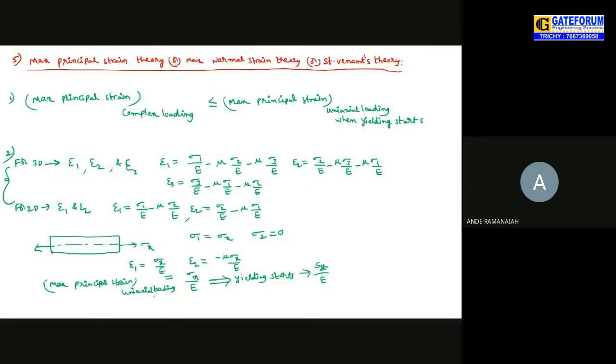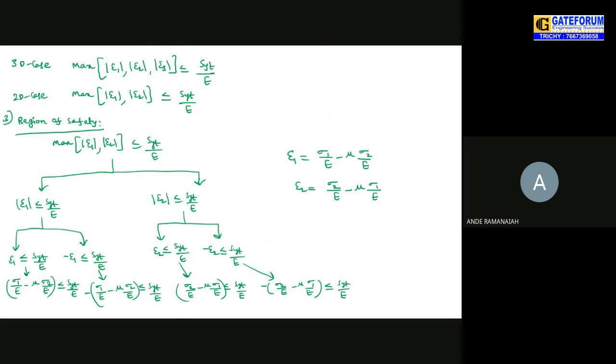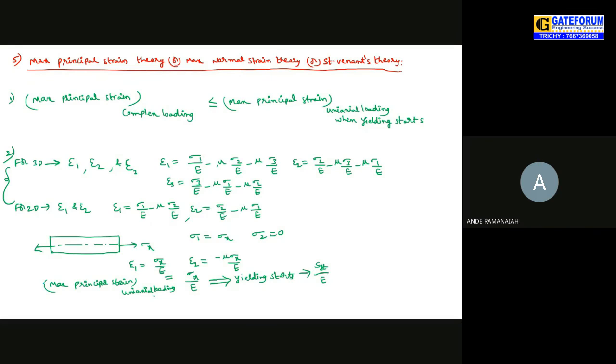We just need to calculate the principal strains. There are three principal strains. Out of the three, we have to take only the maximum value, the maximum principal strain, like maximum principal stress. In the three dimensional case we can have three, in two dimensional we can have two, in one dimension we can take one. Here we have two, and we can take the maximum value. And the right hand side term will become SYT by E.